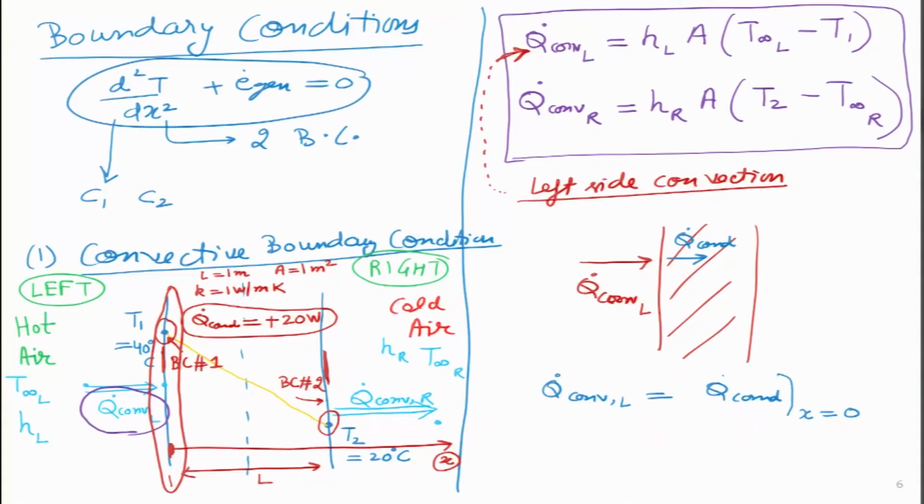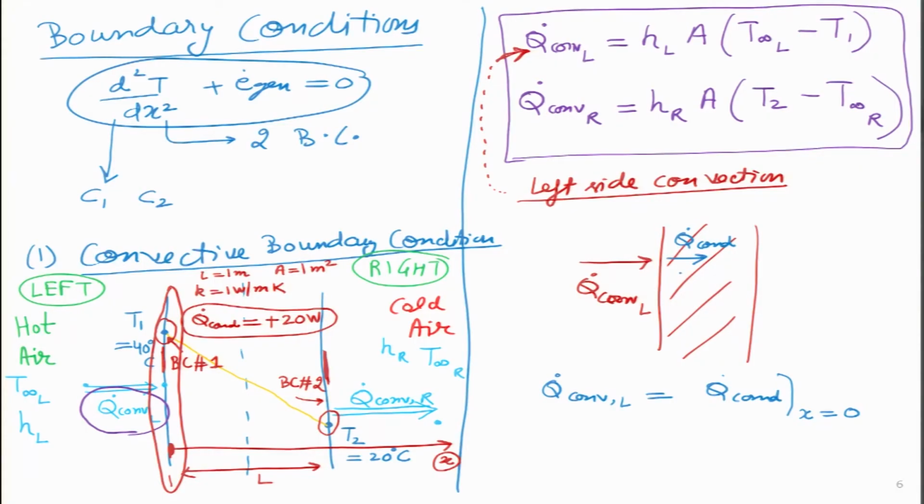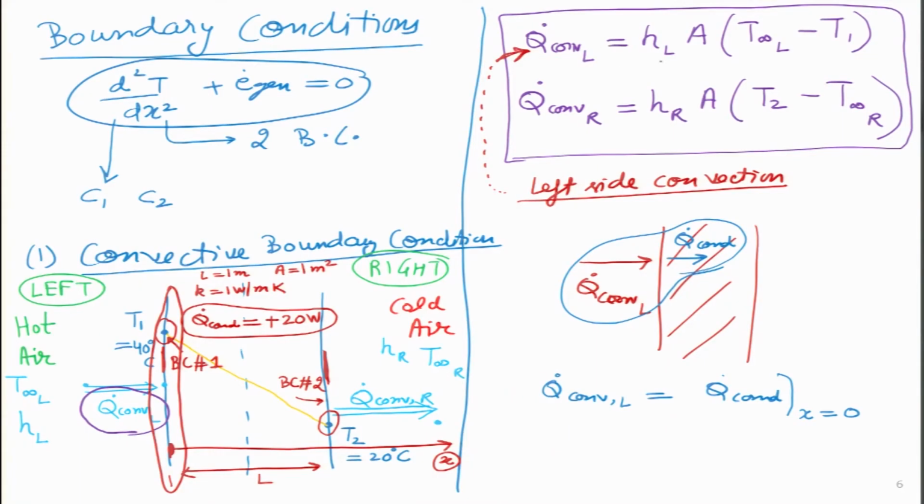In this particular example it is linear, so I can take it at any given point, but later on it may not be linear, which means I have to mathematically define that this equality of convection and conduction is always true only at the boundary. It may be true for other cases also, but it is always true at the boundary. The left hand side I have already defined on the top of this screen. What is my right hand side? I can write this very easily as minus K A del T del x at x equals 0.